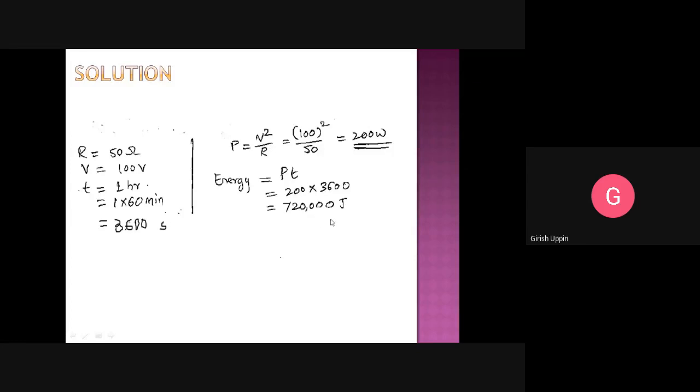Here it is represented as watt seconds or joules. That is 200 into 3600. This much would be the energy. Whenever you are writing the answer, you have to specify the unit. If you write energy is equal to 200 watt hour, that is correct. If you represent it as 200 divided by 1000, that is 0.2 kilowatt hour, that is also correct. And if you represent it as 720,000 because you are representing it as joules or watt seconds, that is also correct.